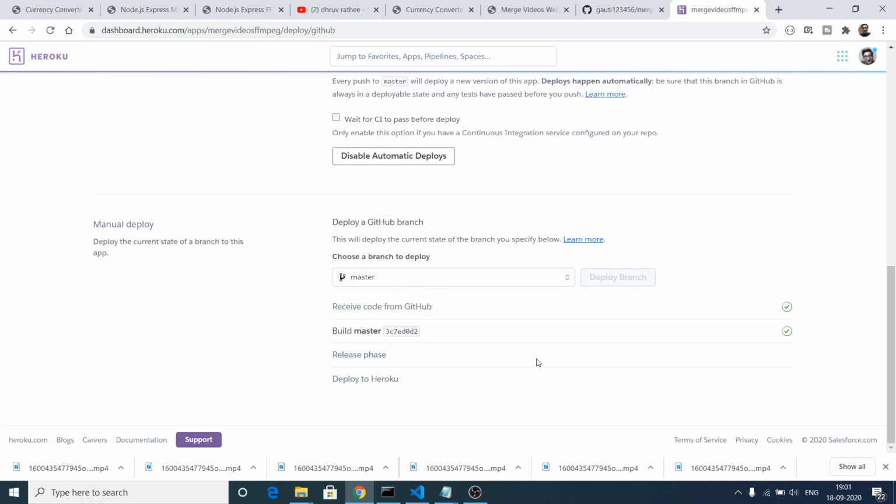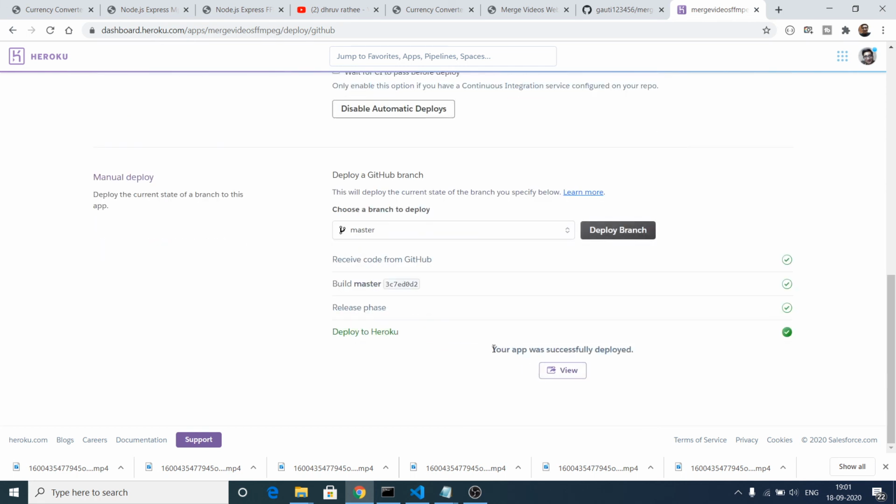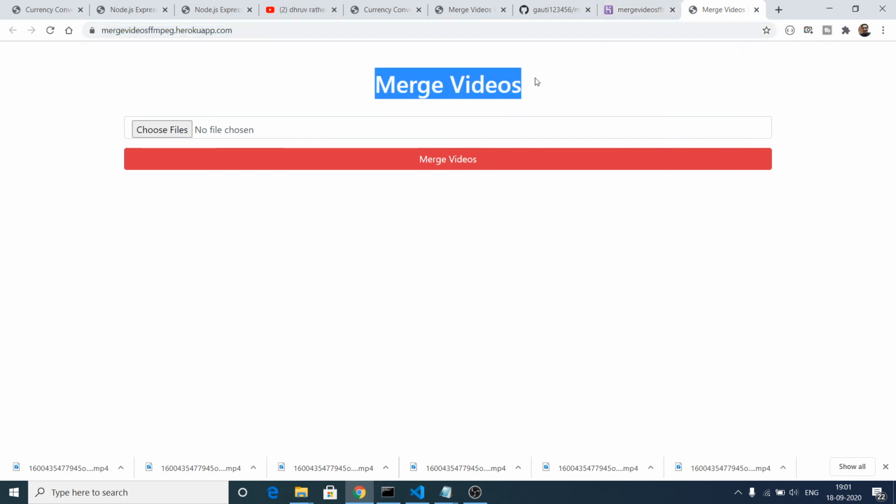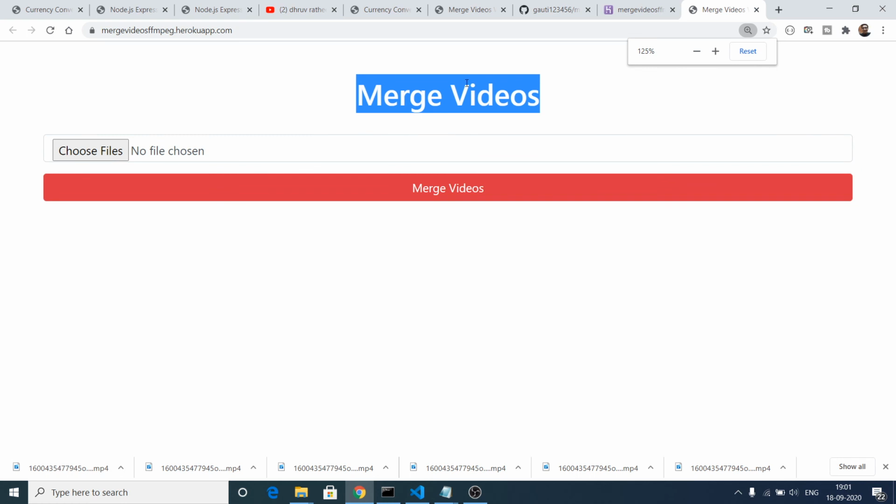So once it launches, you can see your app is successfully deployed. If you click on the view section, so this will take some time and this will deploy your application. And now you can see that this is my app here, merge videos, and now we can test this application.